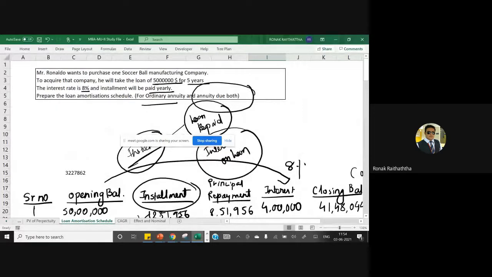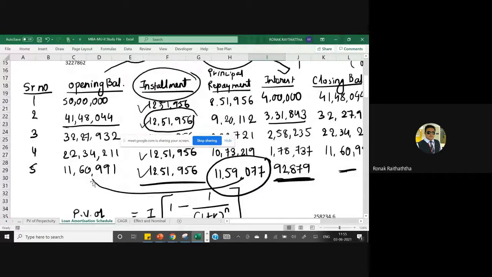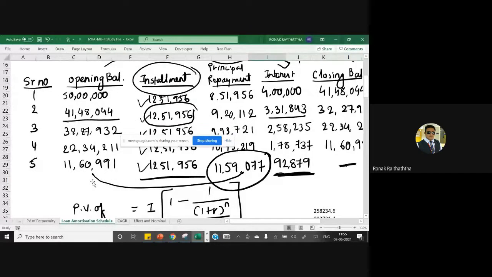And my friend, one may have doubts: sir, if we have quarterly installments or monthly installments or say 6 monthly installments, then what will we have to do? Well, my friends, you'll first have to find how many installments you will be making. How do you find that? Say here there are 5 years in the question we had taken, and it is a monthly installment. So 5 multiplied by 12, obviously the number is going to be 60. So in this case, instead of 5, you will be taking 60 installments.